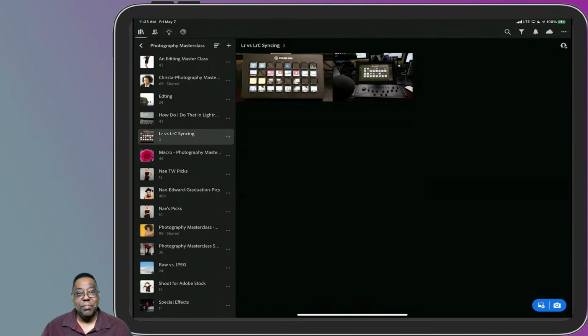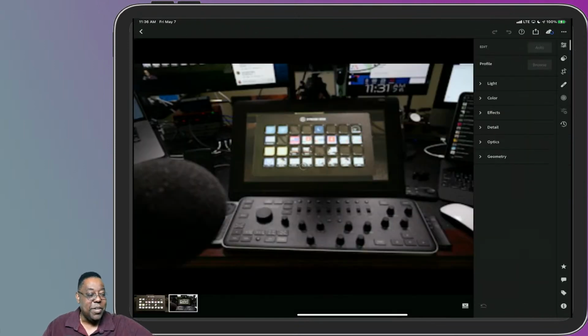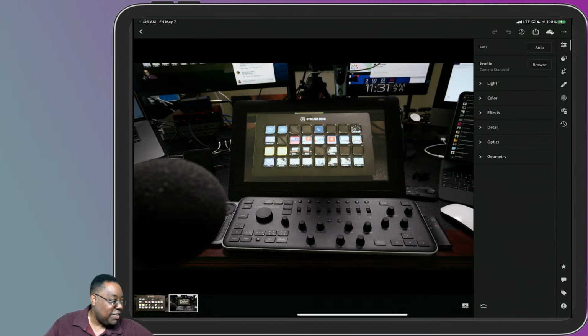Now, if I go to my iPad, is it there? Of course it is, because the iPad version and this version are very similar. It syncs the full resolution. So if I go work on that photo on the iPad, am I working in the full resolution? Absolutely. You're working in the, I don't know if I can see it here.